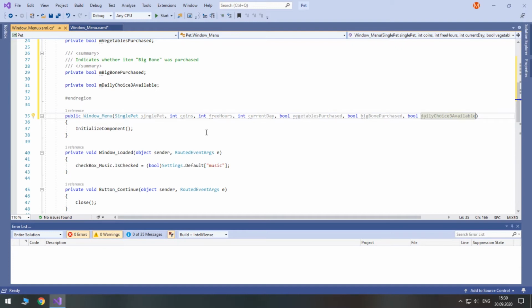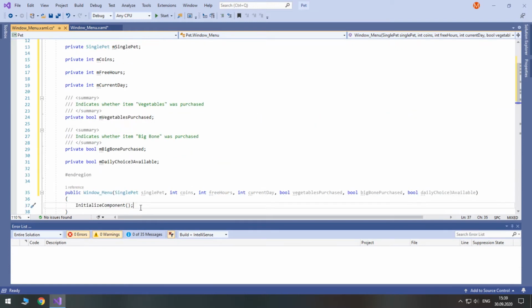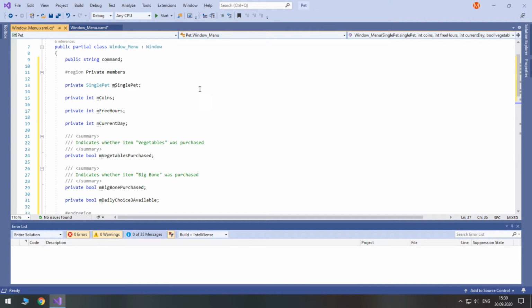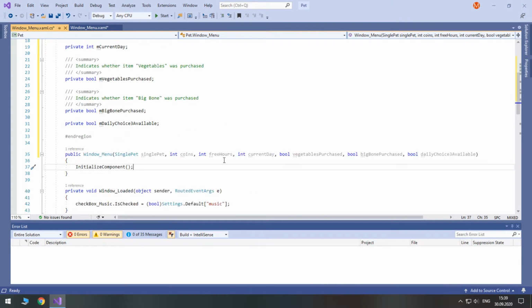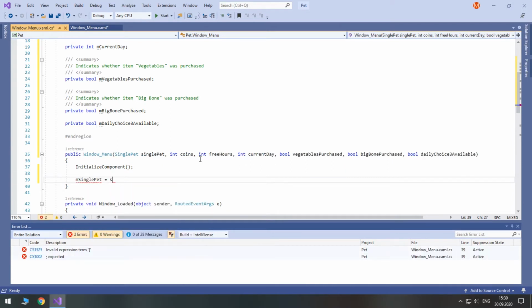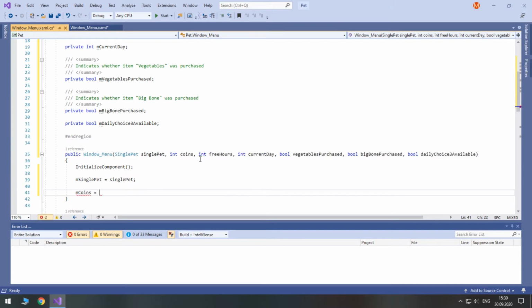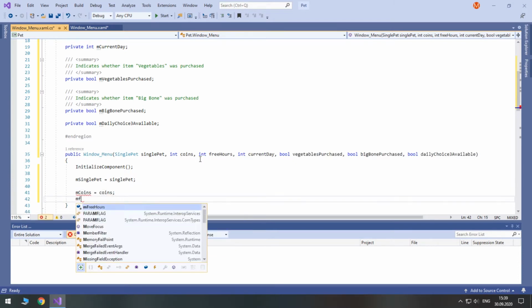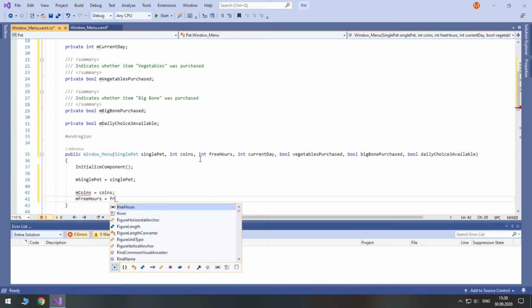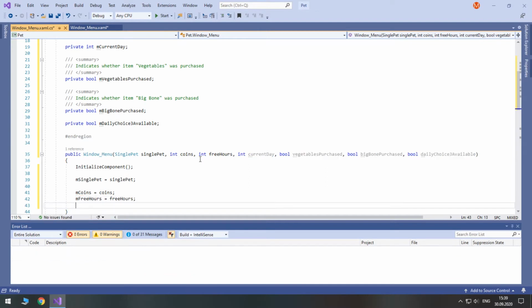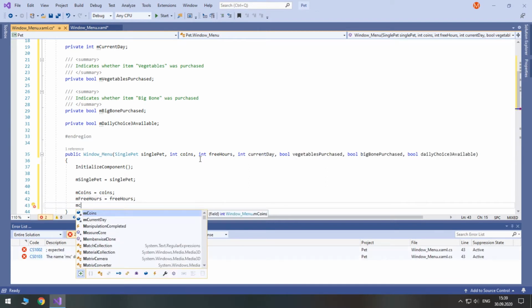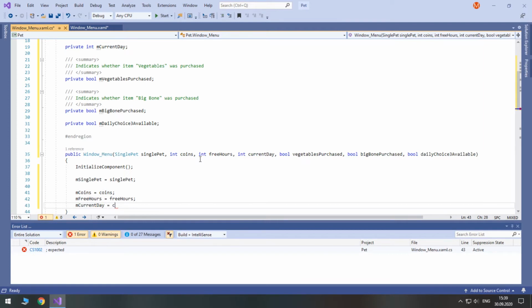Okay, so in the constructor we need to assign our private fields to these parameters. So m single pet equals single pet, m coins equals coins, m free hours equals free hours, m current day equals current day.